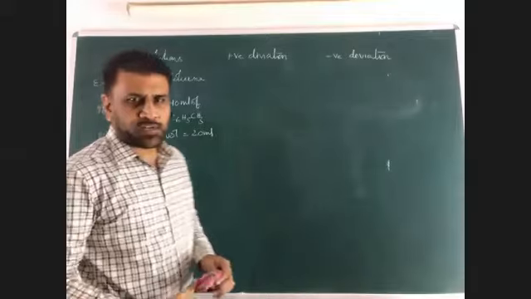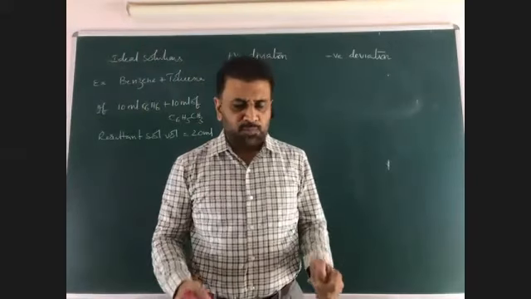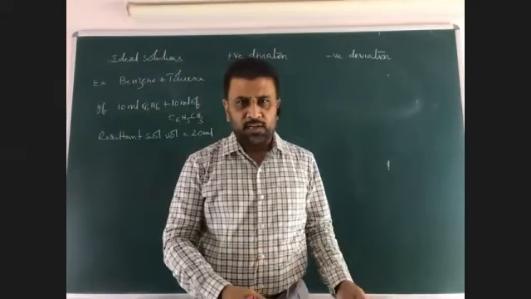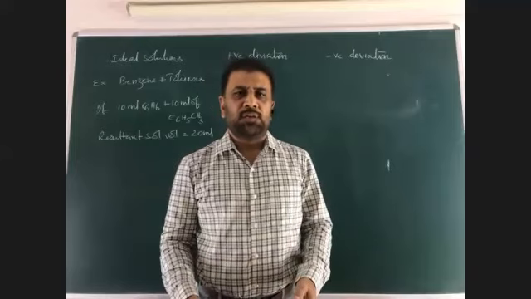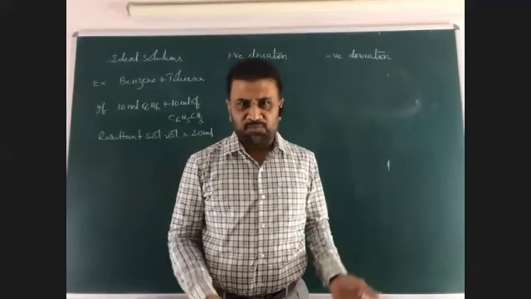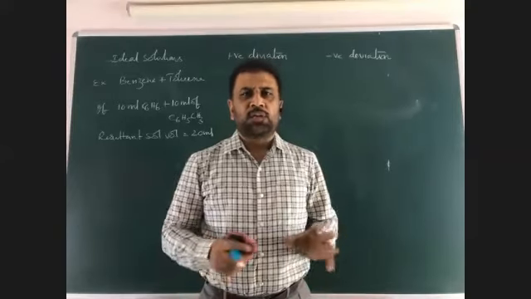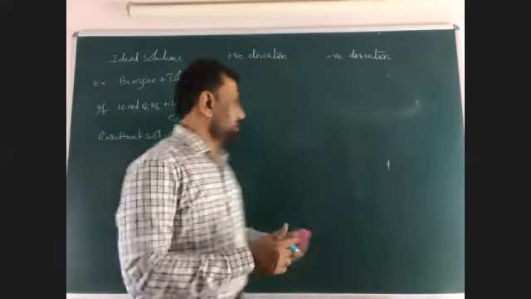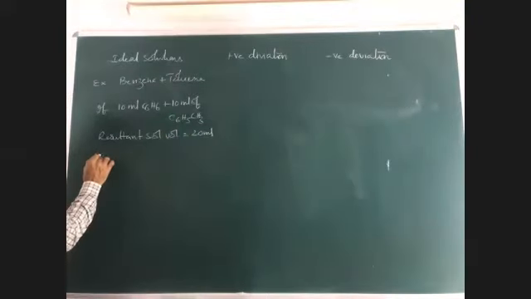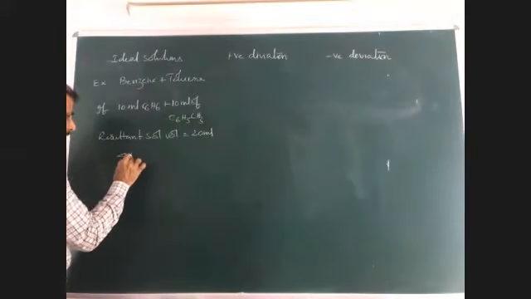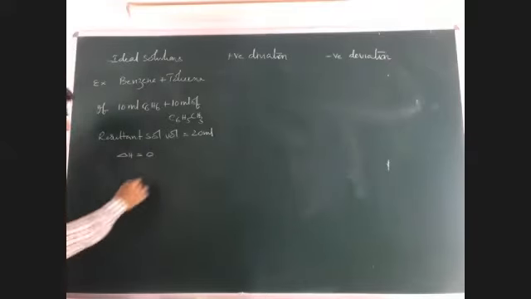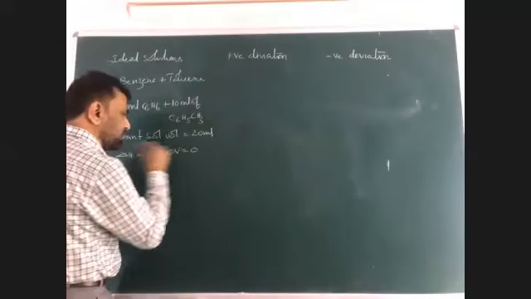This is the common practice. Any common man feels that if 10 ml of liquid A is mixed with 10 ml of liquid B, the resultant is 20 ml. This is common. If this obeys, then automatically the solution is called ideal solution. So this is the example. Now, in this case, delta H is equal to 0 and delta V is equal to 0.